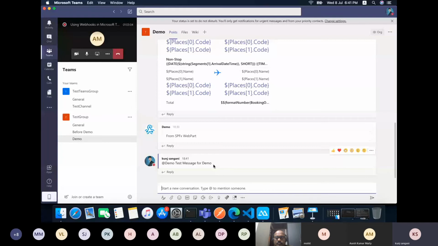If it is not correct, or if it has some wrong data, like it does not have the correct security key, the token which we used, then it would send the wrong message.